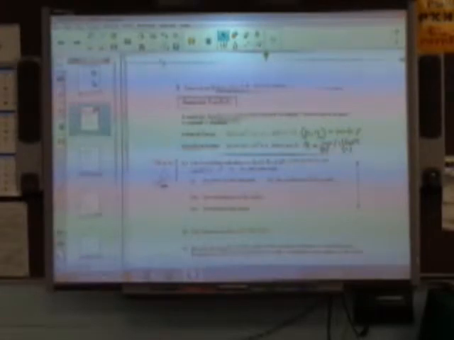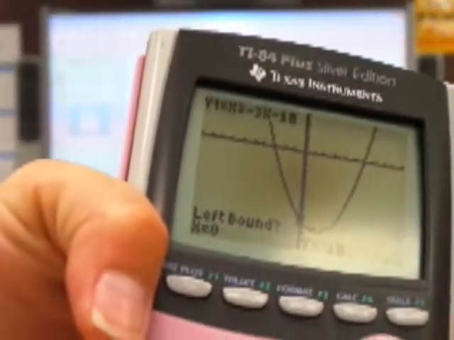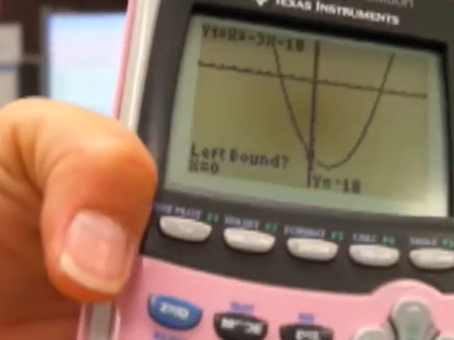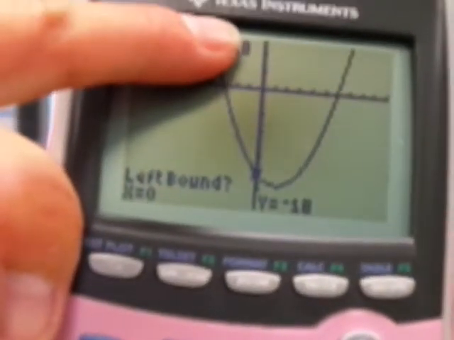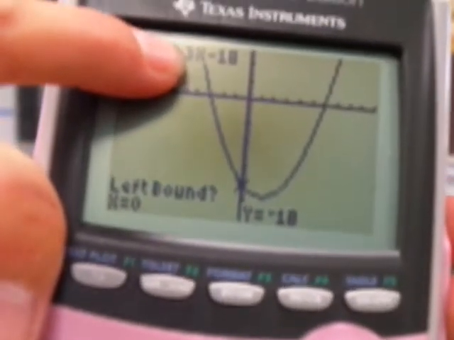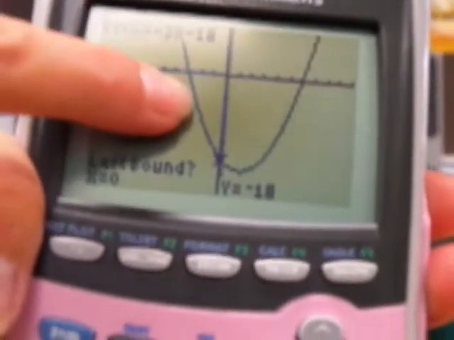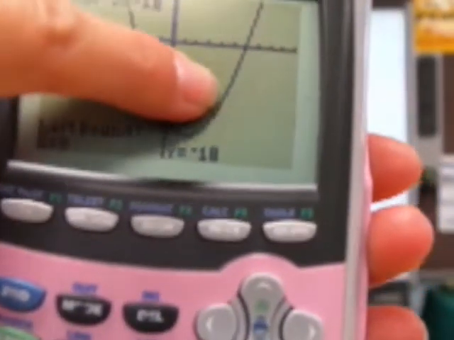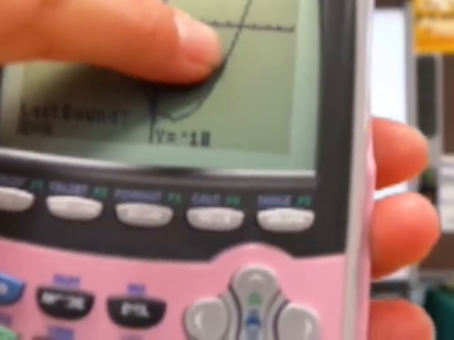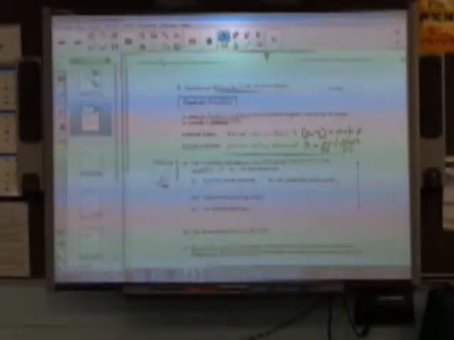So it's second trace, so second calc, and then I'm going to go to zero, and it's going to ask me for that left bound, right bound. So the left bound is the left side of the zero. If I'm looking at this zero right here, I need to be on the left side and then the right side. But when I'm over onto this side, the left side's in the negative. So if I find the first one, the zero that's on the negative axis,